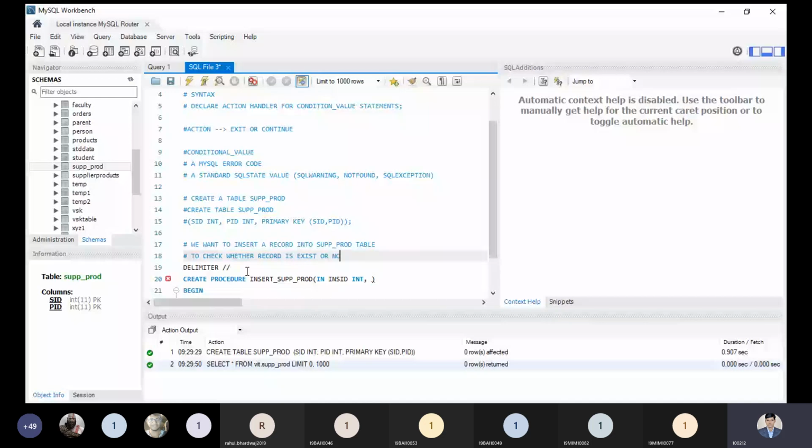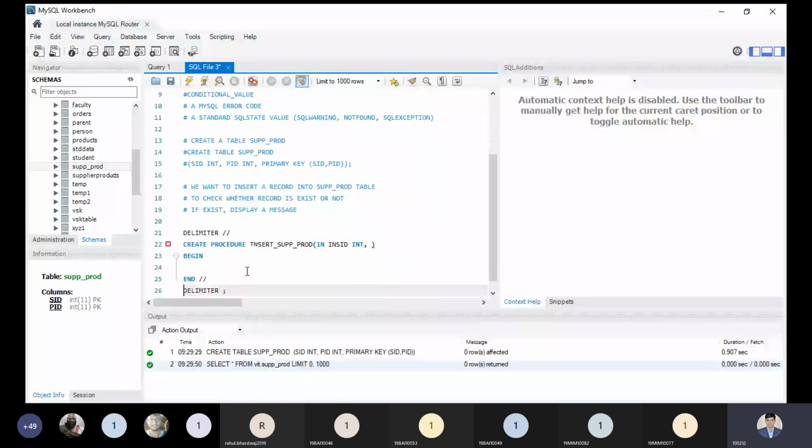If it exists, then display a message. So this is the problem we are solving.